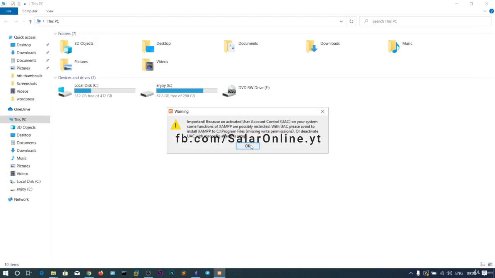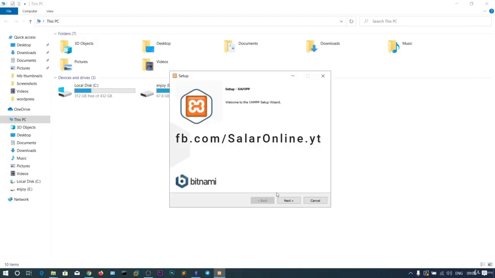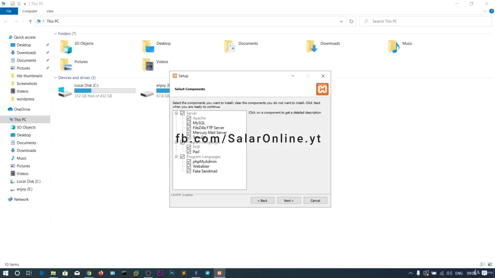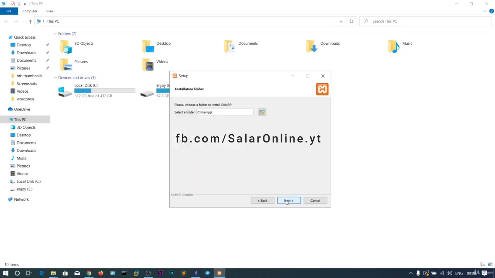Okay guys, click on OK. So it will install. Click on next, and here you need to choose the software you need to install. I am deselecting Mercury Mail, Perl and Fake Sendmail. These components I want to install. Now click on next, and this is the destination directory, and I would like to leave it as the default